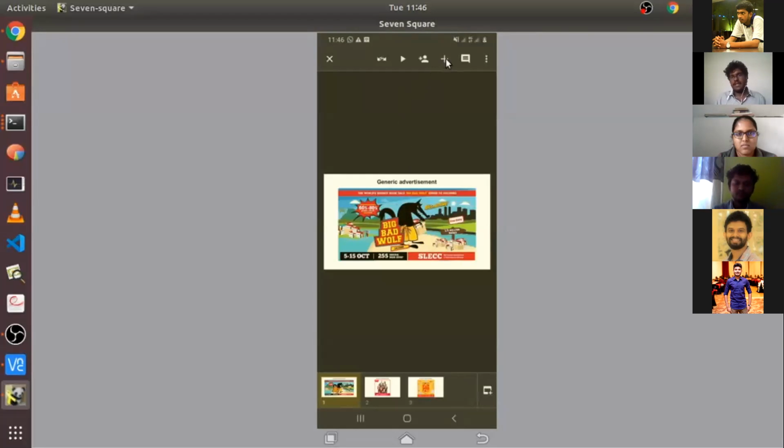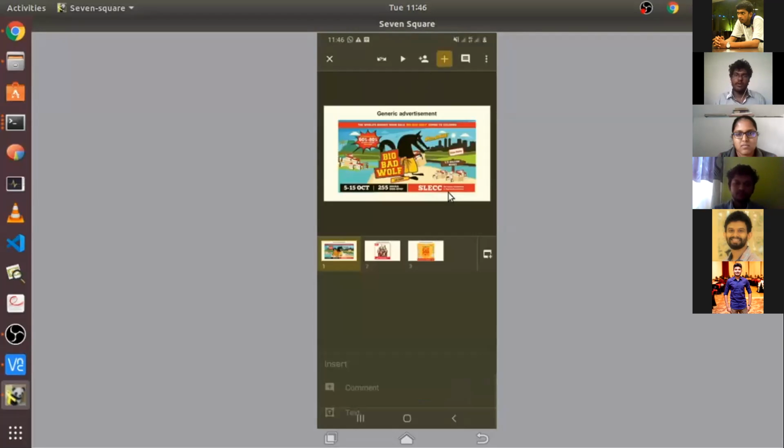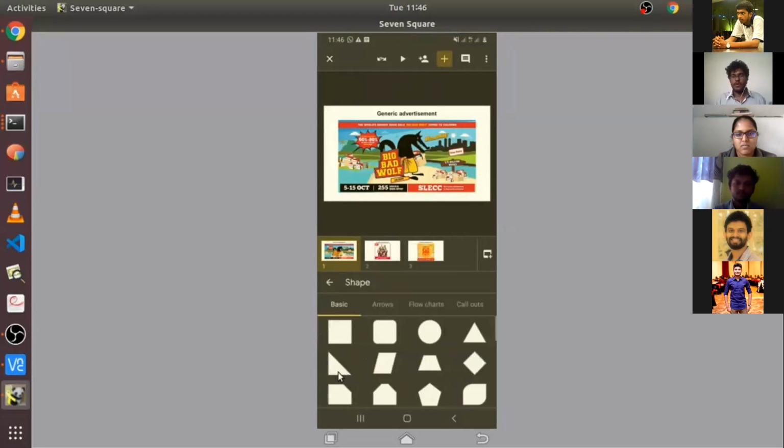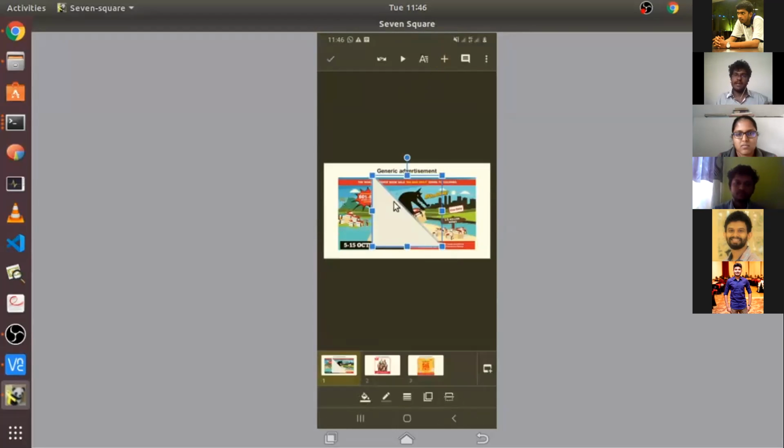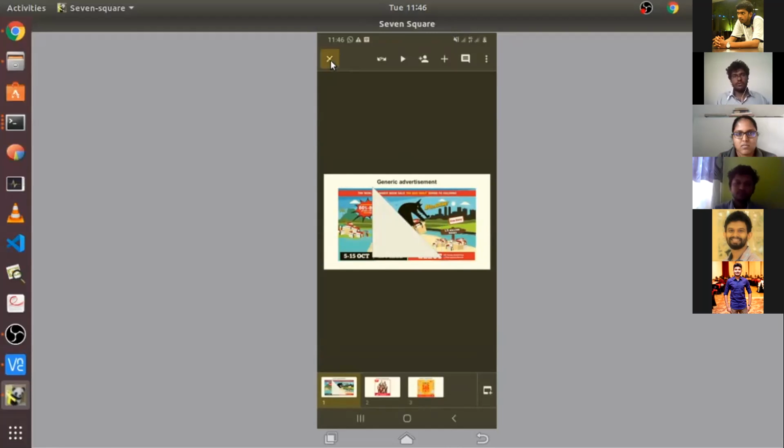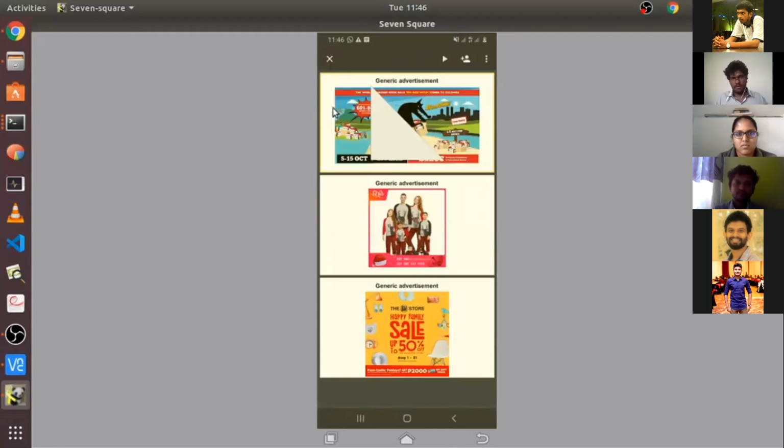Then let's say I want to place some random shape. So I'm going to hit this plus button and choose the shape. So I'm going to add this rectangular shape. Once I add this, I have to save it. Then after that, I can X out and go to the previous pages, finally to the main